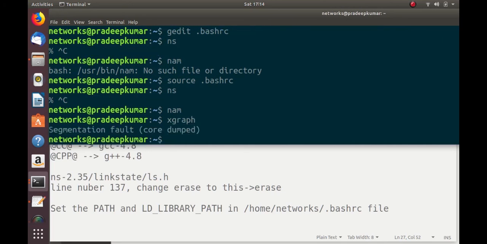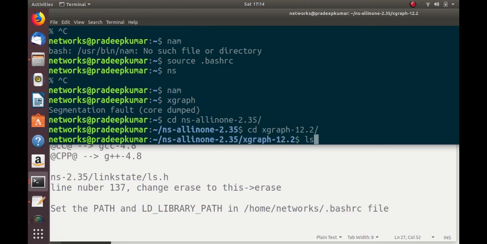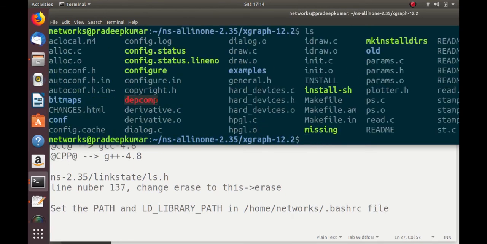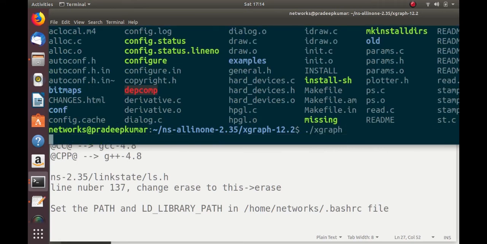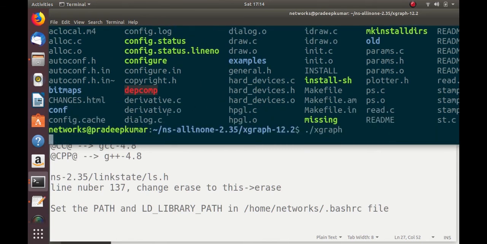So what I do is, again I will go to cd ns-2.35, cd xgraph. So we got a file called xgraph. Yeah, so now you can see this xgraph is working fine. There is a file xgraph in this folder, and it is working.